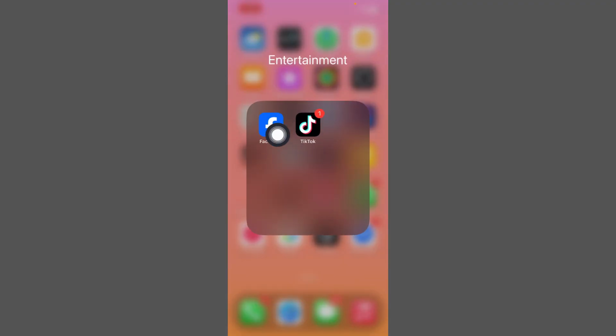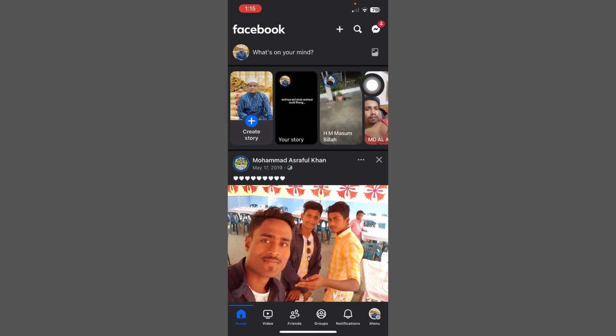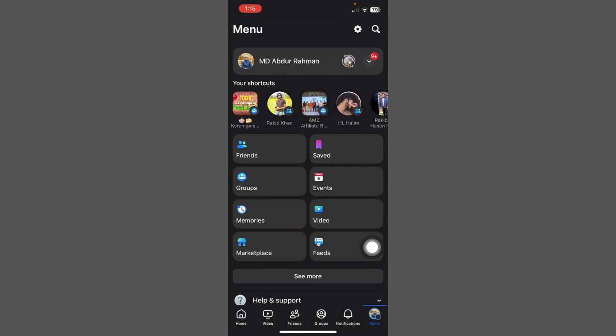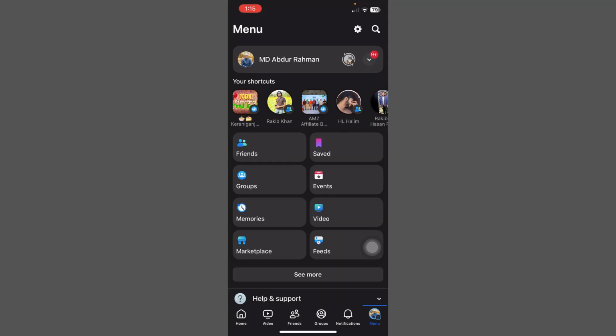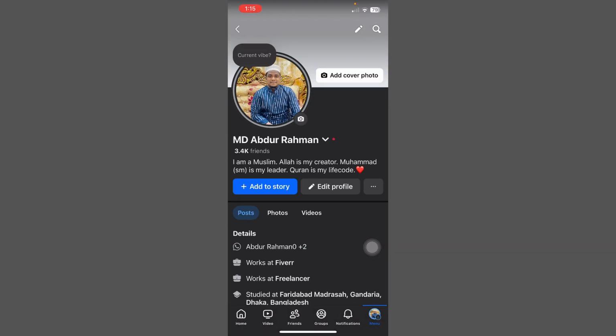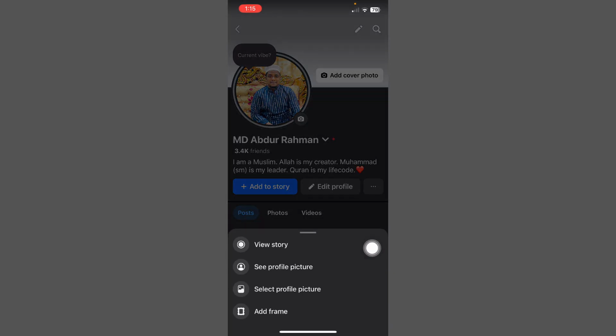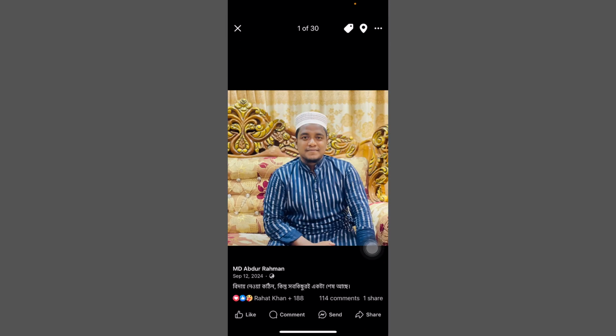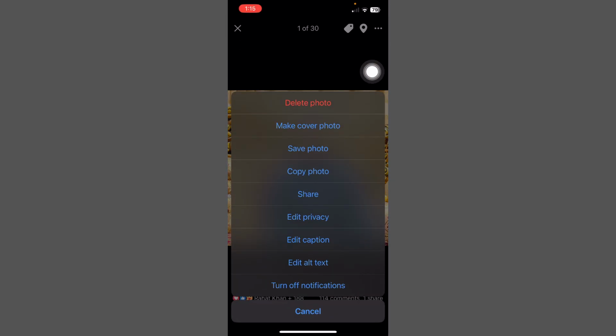First of all, click on Facebook app and tap on menu option. Then click on your profile and tap on your profile. Tap on see profile picture. Okay, and tap on your